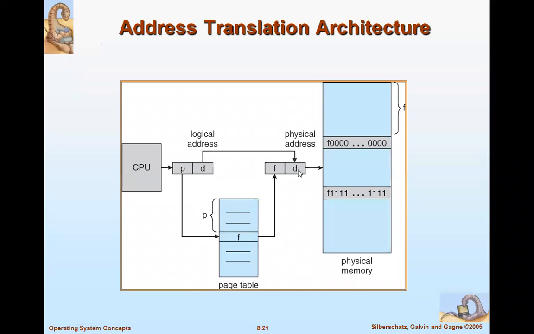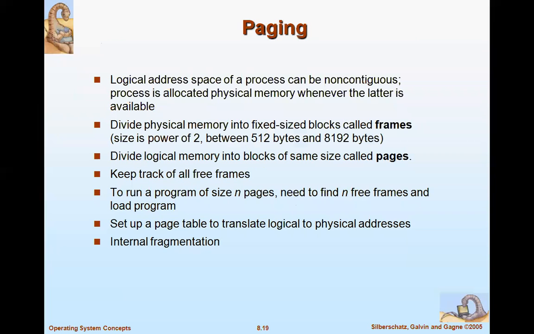So already we used base and limit. Like that base and limit, here the limit is nothing but your offset. P is generated by the CPU as part of the logical address, and this P always indicates the index of the page table. The page table holds a particular frame number, and the frame number and the offset are added to get the particular physical address. This is called address translation using the paging technique, and it was asked n number of times in the question paper. This particular question: what is paging and how can paging be used to do that.